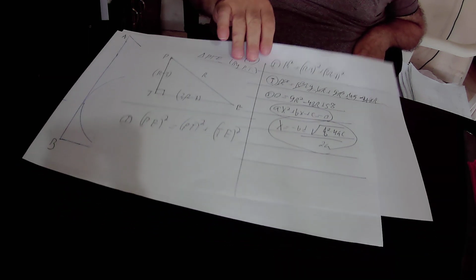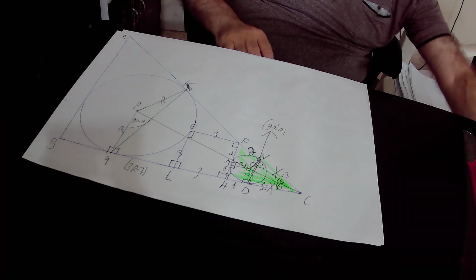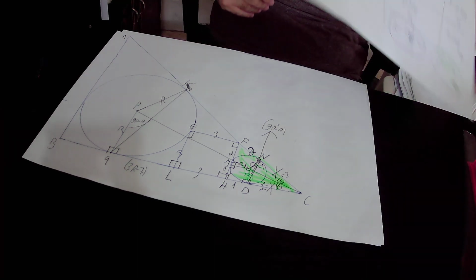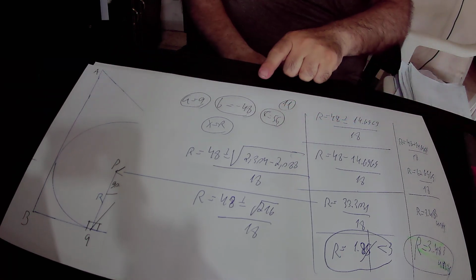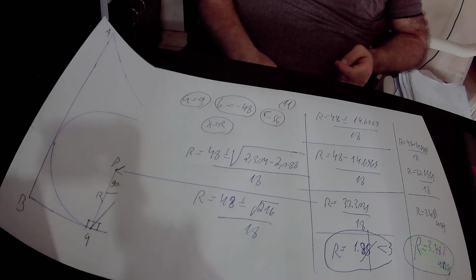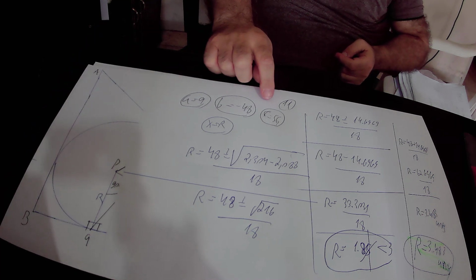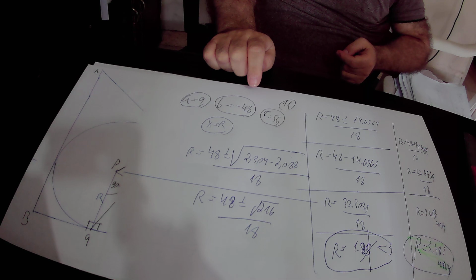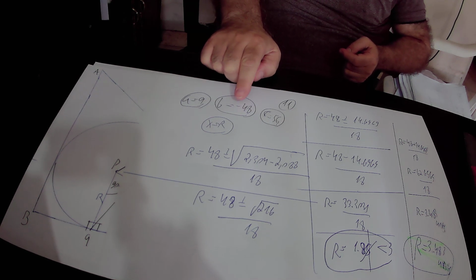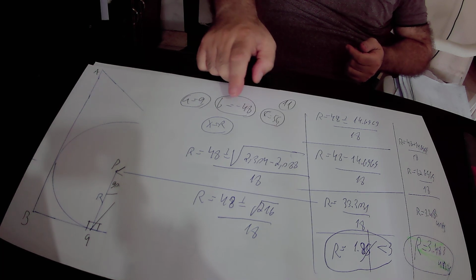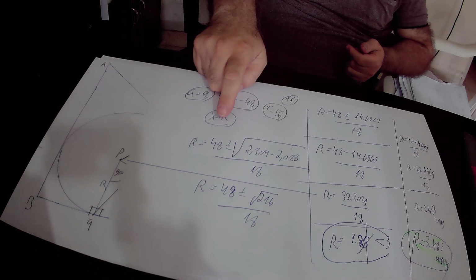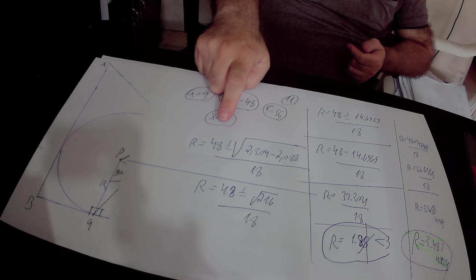So in our specific quadratic equation, the coefficient a is equal to 9. The coefficient b equals minus 48, and the coefficient c equals 56. And the variable that we are looking for is R, so x equals R. So we put the data inside the formula and found out that R equals minus b. b equals minus 48, so minus b is plus 48, plus minus